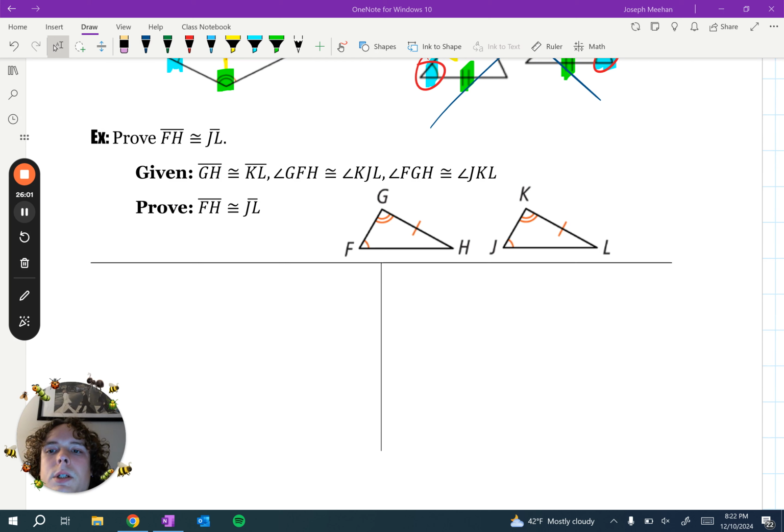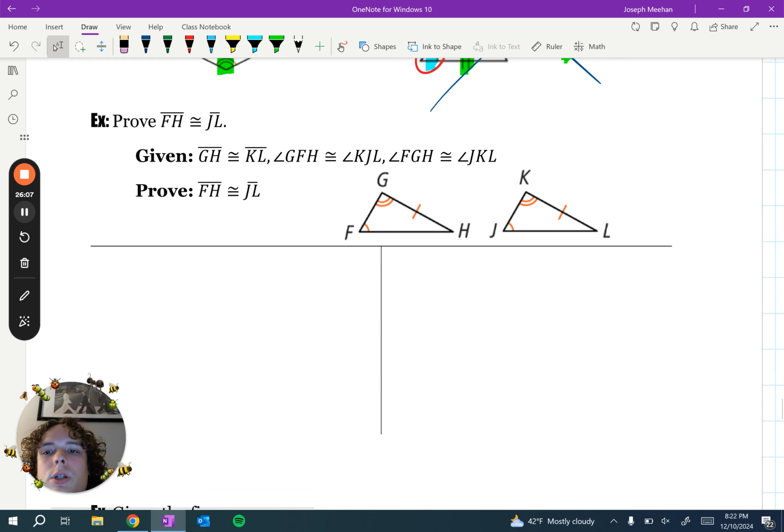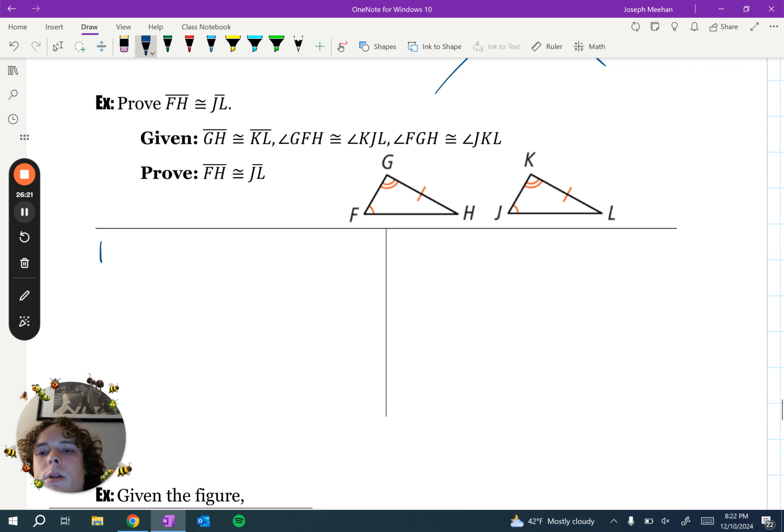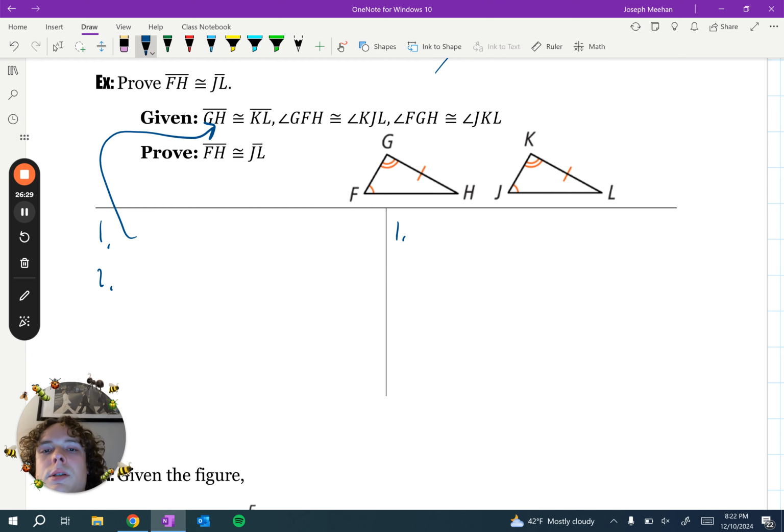Let's go ahead and prove this. It says prove FH is congruent to JL. It's telling us that GH is congruent to KL, GFH is congruent to KJL, FGH is congruent to JKL, and we're proving FH is congruent to JL. So step one, again, just for the sake of time here, I'm just going to try to draw an arrow to the given, but you could write that all down as step one. Step two here is to use our congruence criteria theorems, right? So side, side, side, side, angle, side, angle, side, angle, or angle, angle, side, to see if we can prove